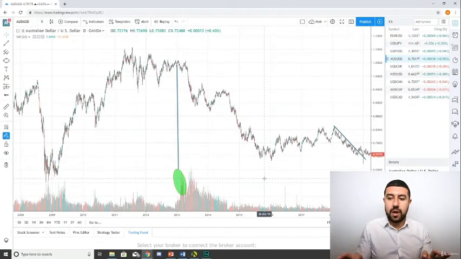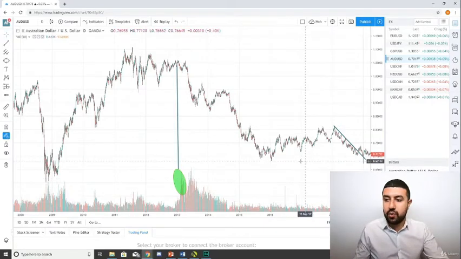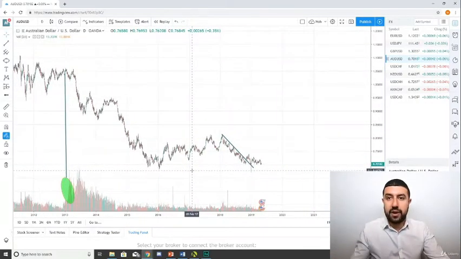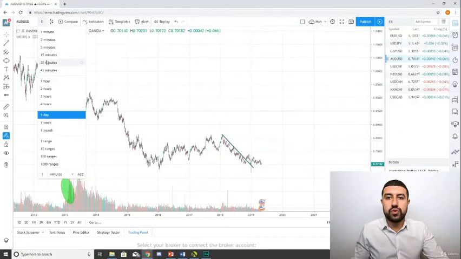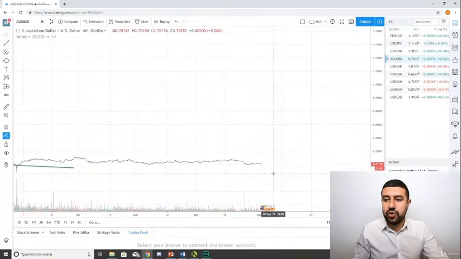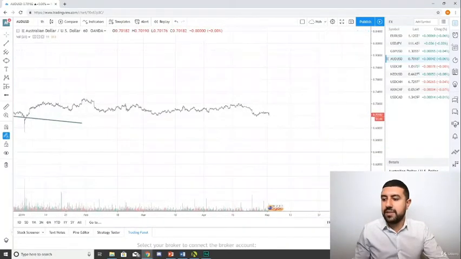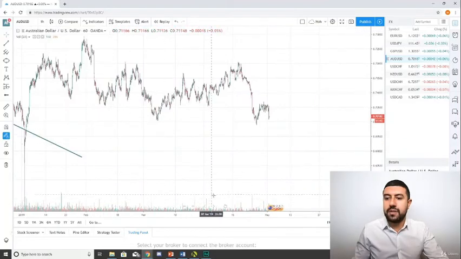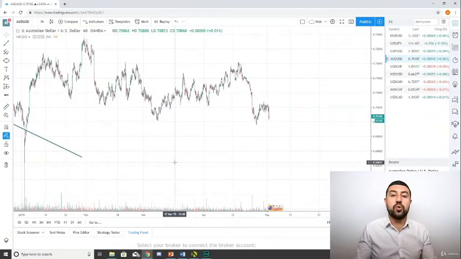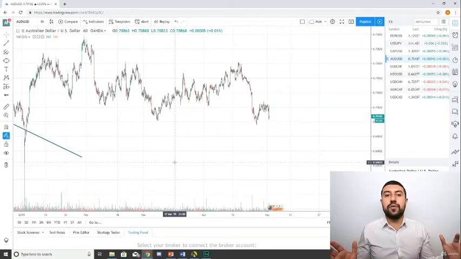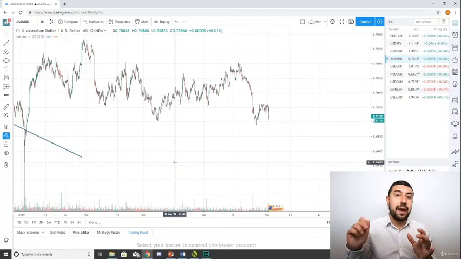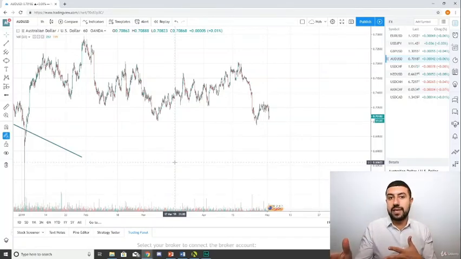So always have an eye out on volume, regardless if you're trading 1-day charts or if you're trading 1-hour charts or 30 minutes. When you're looking at volume, it might tell you when something is going on, right? It might tell you something is about to happen or something is happening, and you might want to take off your orders, not trade for that period, or wait until something happens and enter a trade in the same direction as the volume. So it's very helpful. So make sure you always have it on your charting.